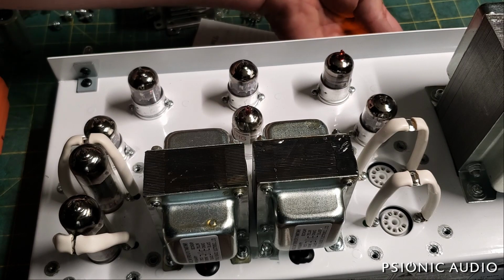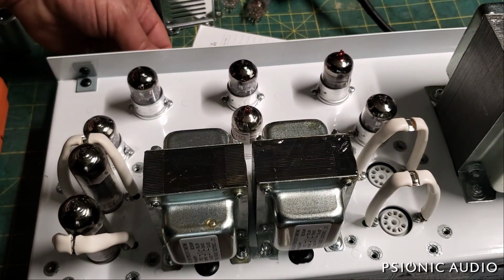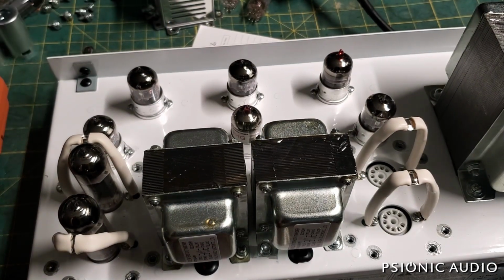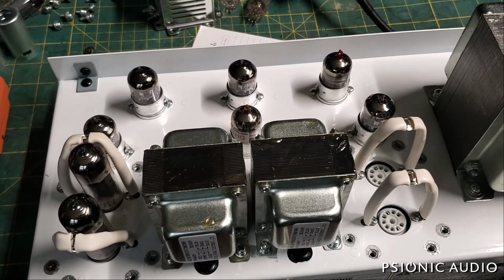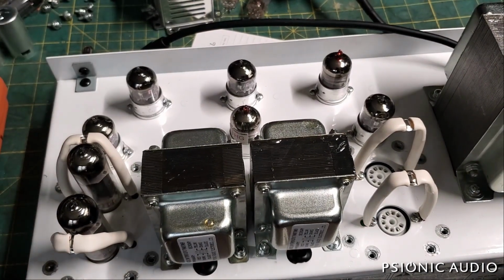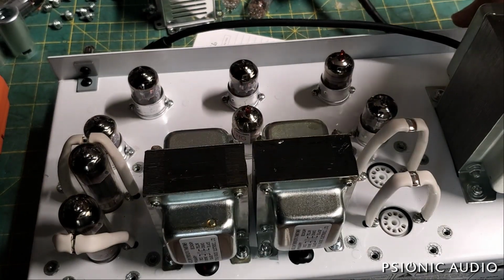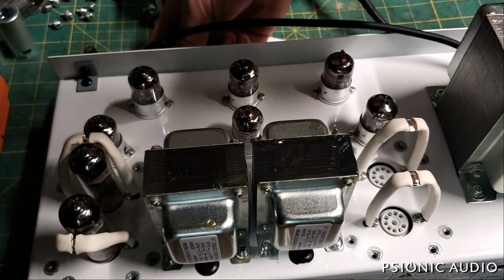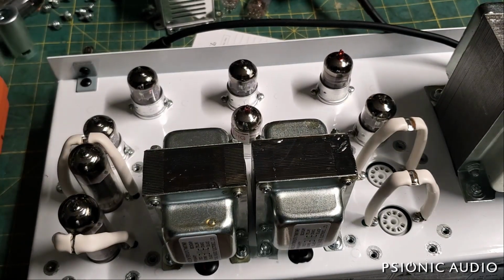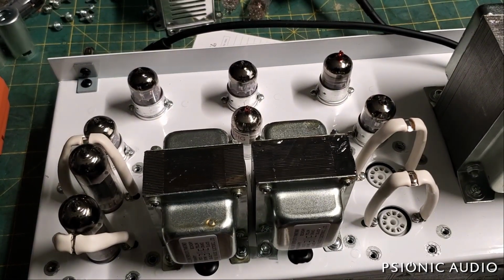Out of standby, full power. Okay. There is no big current draw. Let's see if we have signal. There's no hiss or anything coming out of the amp, but they may have a mute circuit. This is odd. We have DC voltage present, but we have no signal. Let me power it back off